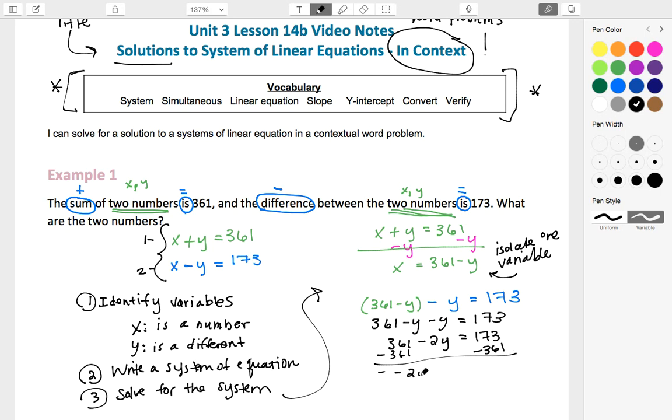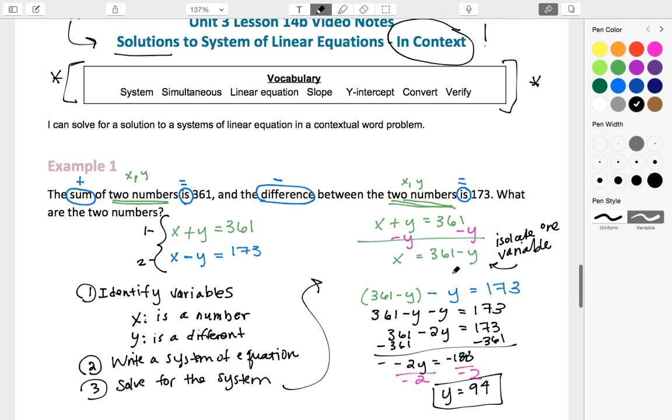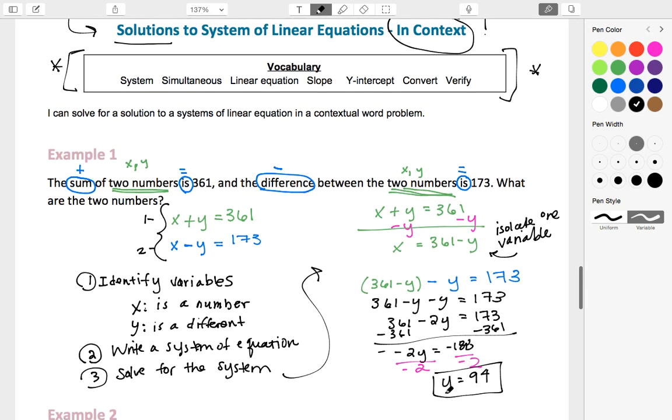And I'll get negative 2y equals negative 188. And then I can further divide by negative 2, and I'll get y equals 94. Okay, so then because y equals 94, I have already identified my y value, and I can substitute y into